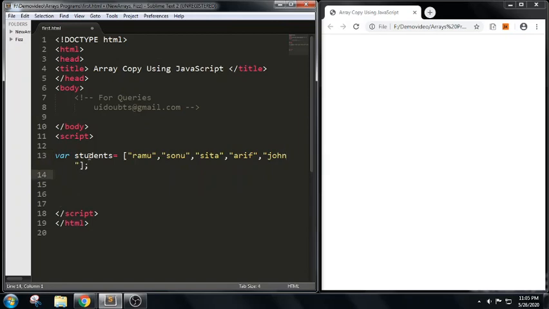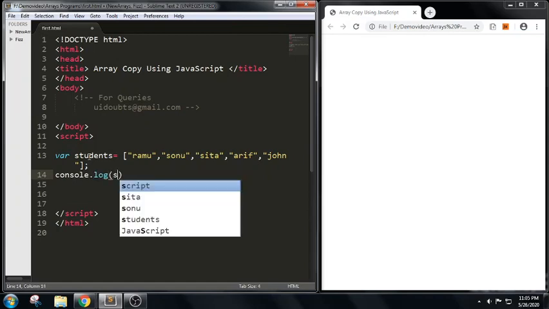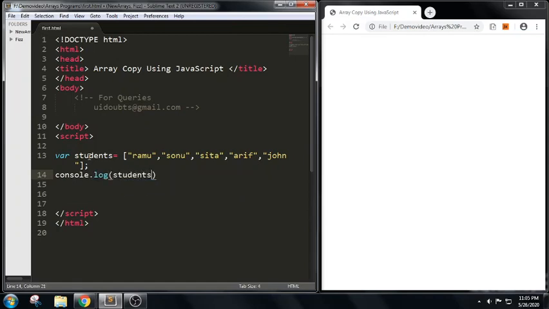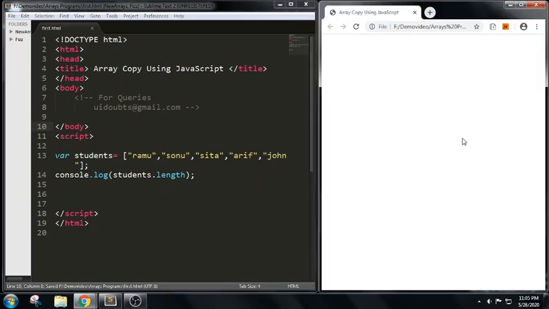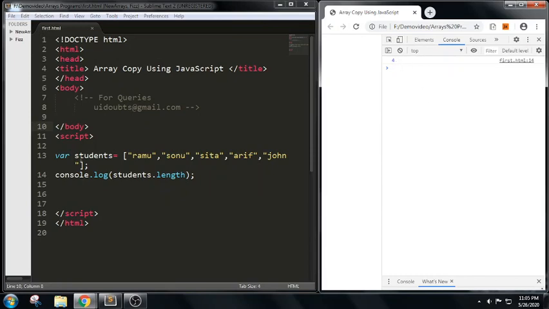If I want to print the length of it, we will write console.log, and in order to print the length we will write the length property. If we look at the console, we get the length, that is 4. Always the array index starts from 0, 1, 2, 3 and so on. So this is how we have done with the length property, that is, it returns the number of elements in